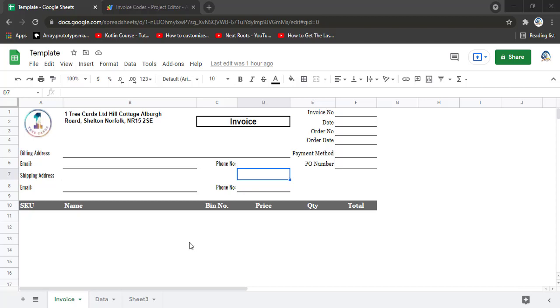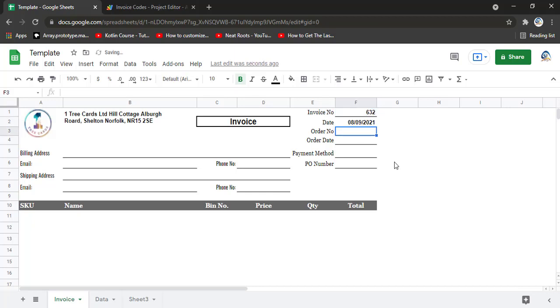Yet again I am Asif Iqbal and I am going to give you a demonstration of your invoice. As most of the fields are very explicit and clear, I am not going to give sufficient time to them. Just like you can enter here the invoice number, next the date, that is today's date, with the format